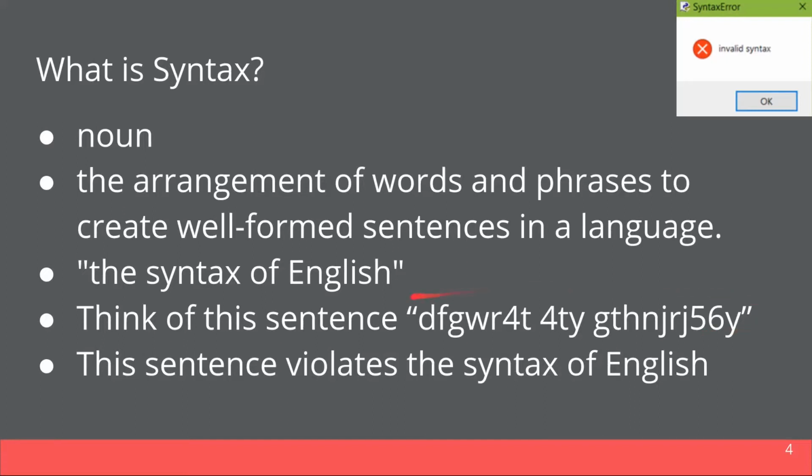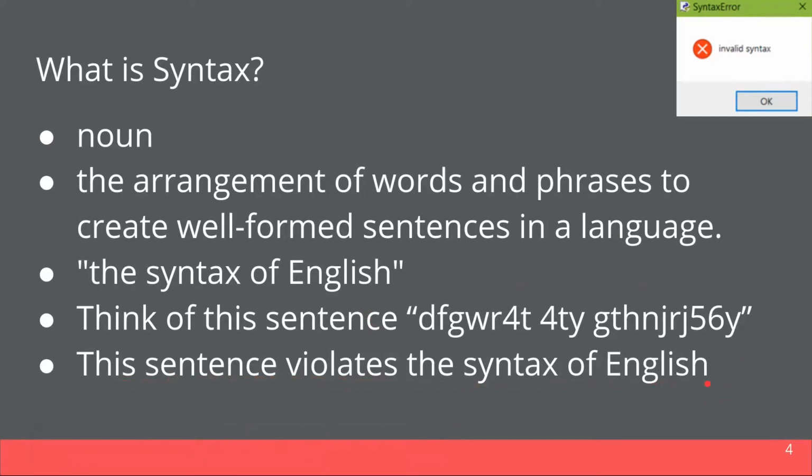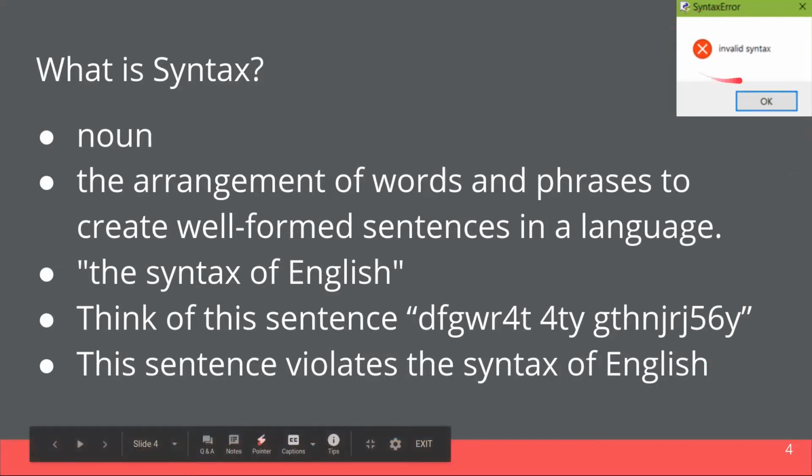Very difficult to say, almost impossible to read, really. This sentence violates the syntax of English. Okay, this sentence, it doesn't really make sense. As my primary teacher used to say, a sentence must make sense. And when we have a syntax error, we'll often get a box like this that comes up